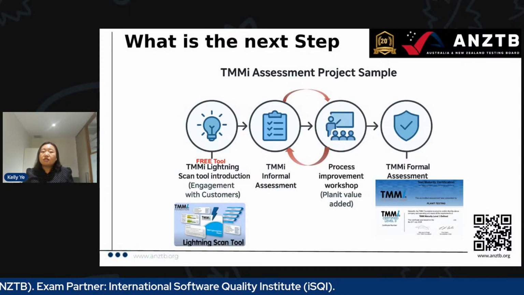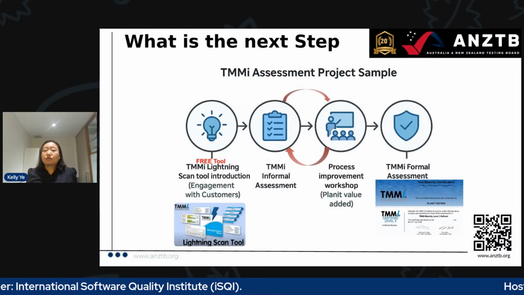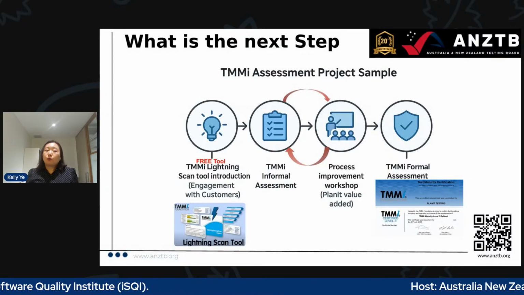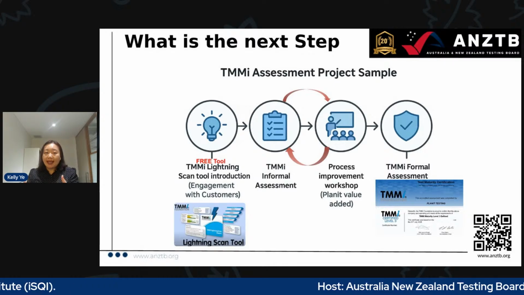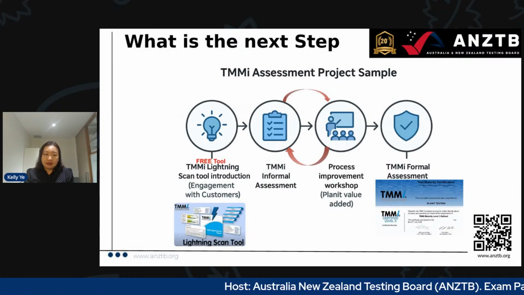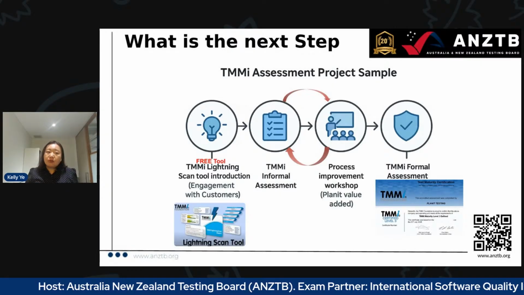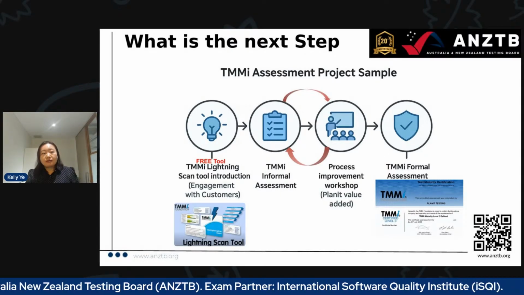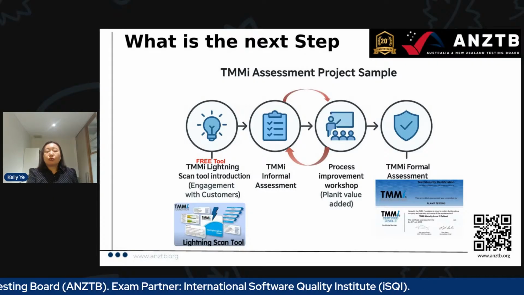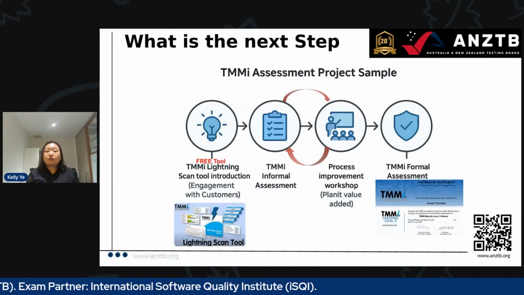TMMi does not impose that all practices be followed, but helps where change can bring added value to your business and your product. Then the informal assessment and the process improvement workshop can happen multiple times,